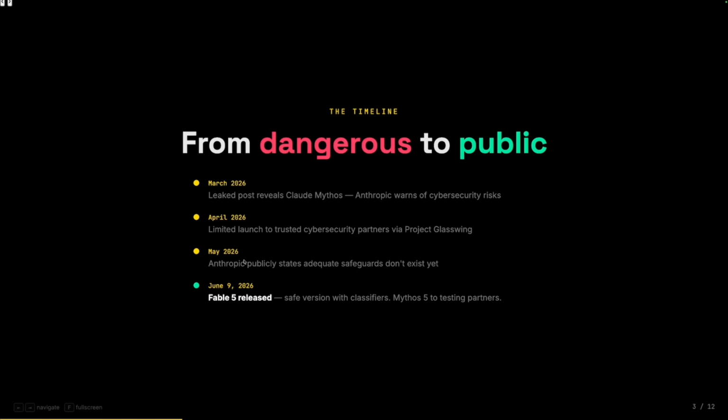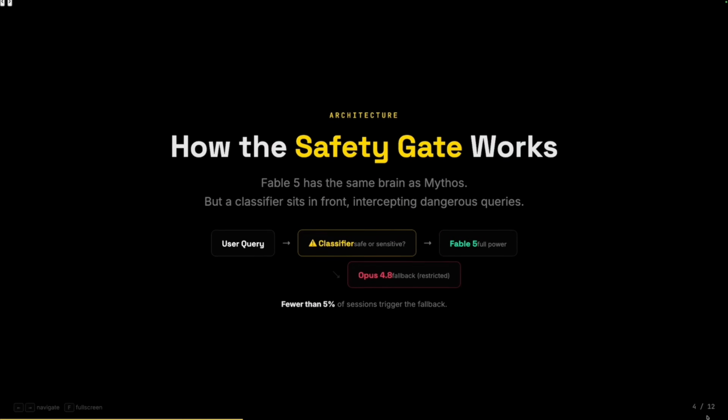In May 2026, Anthropic publicly stated that adequate safeguards don't exist yet. June 9, which is today, we just heard that Fable 5 was released, a safe version with classifiers, and Mythos 5 to testing partners. So basically, they are telling us that Fable is a safe version of Mythos, but Mythos 5 is still being given to the testing partners. This is the timeline.